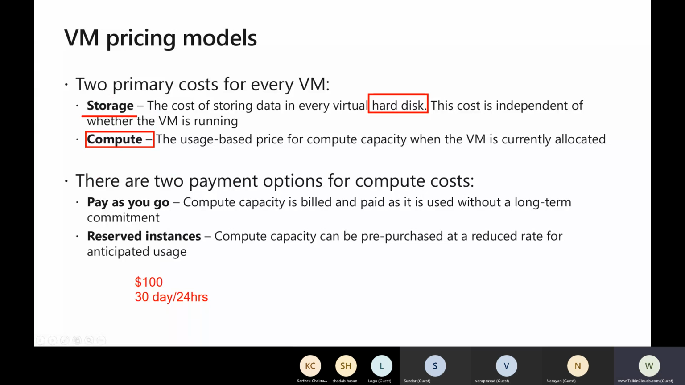Next, there are two payment options: pay as you go, and reservation. If you say pay as you go, it means whatever you are using, you will be charged for that. This is not for the longer term, or you want to use it for one day and then shut down, so that will come as pay as you go. Reserved instance means you are telling Microsoft, I want to use it for 1 year, 3 years, 5 years,